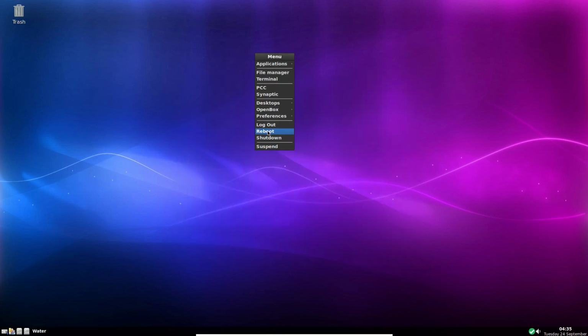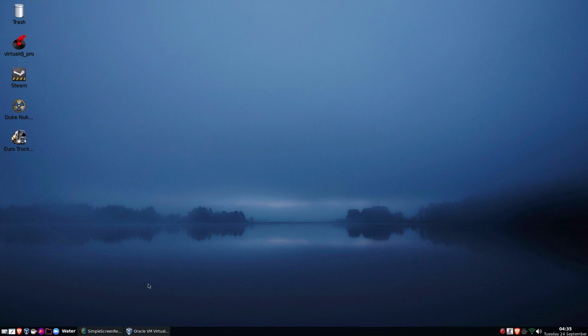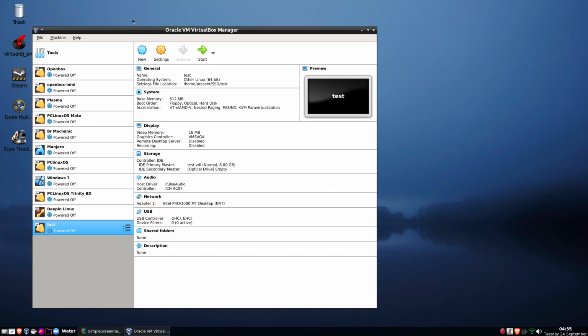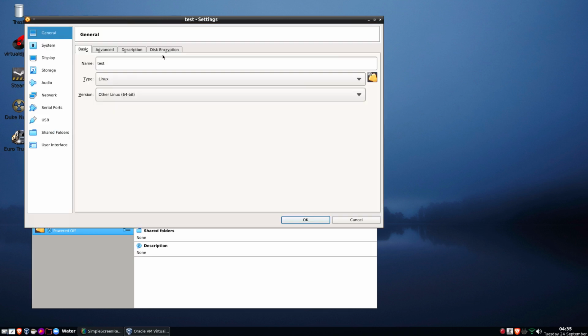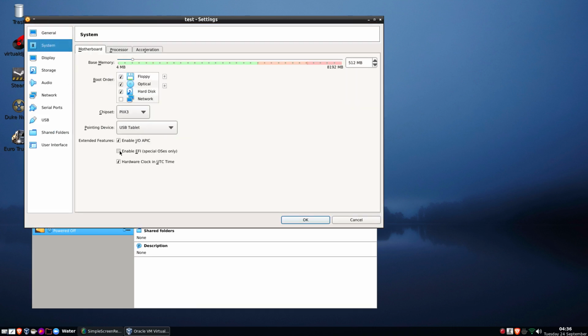And what we'll do now is shut down. And the reason why I want to shut down, not reboot, is because I want to add the ISO back, but this time boot it in UEFI mode to make sure EFI is working. So let's go to system, and we'll tick the EFI,